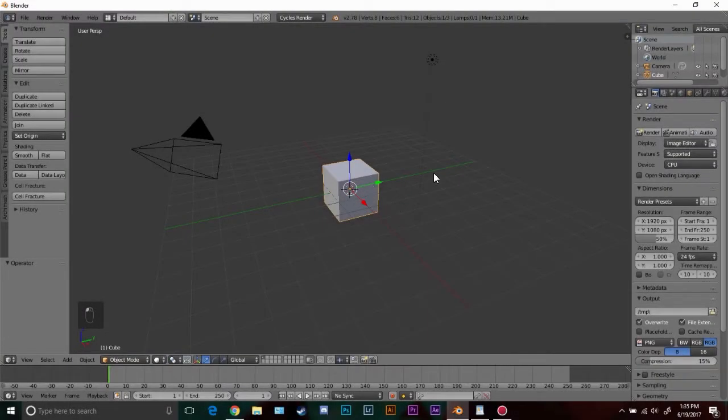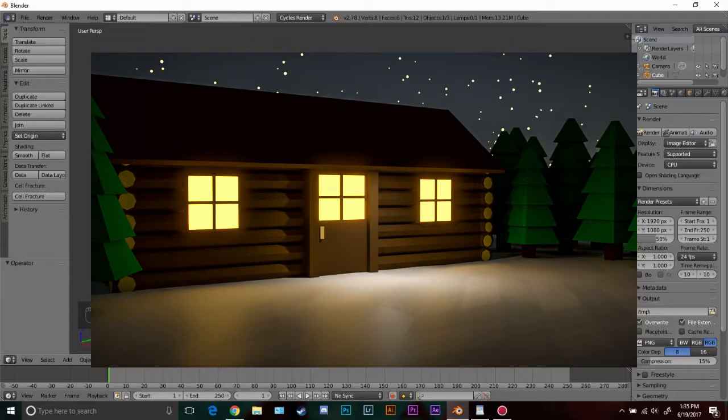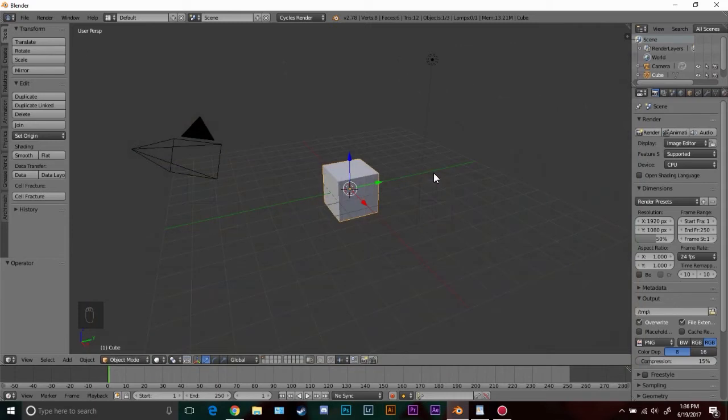Today we're going to be creating a low poly log cabin. So this image that you see on screen right now, we're going to be creating it. We're going to be adding a mirror modifier on the logs, an array, and then some particle systems at the end to create the stars in the sky. This is a pretty fun tutorial and I'm going to be going a little bit faster than usual